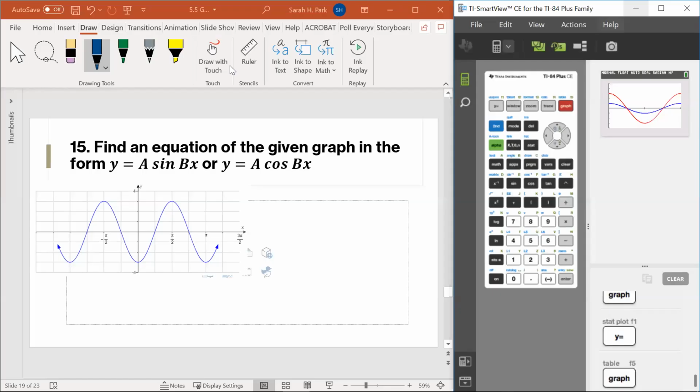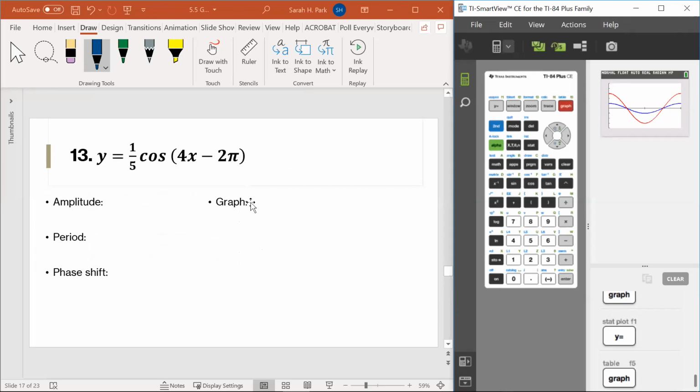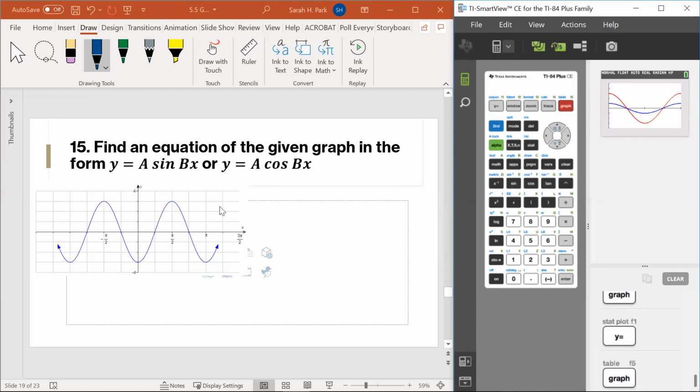So number 15. Okay, here's number 15. The rest I skipped because they were very similar, and I did want to take some time to show you how to do it on MyMathLab. So number 15, we take a look at